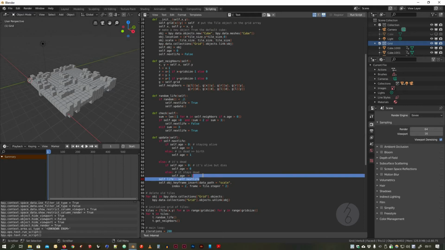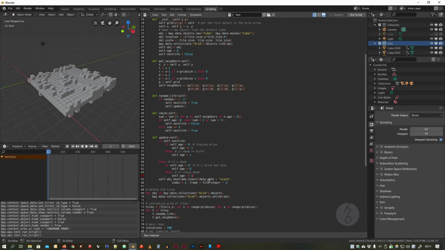We don't have self.life anymore, so we can delete this. And instead of looking at the scale, I want to set the location. So now we have to say if it stays alive, let's set